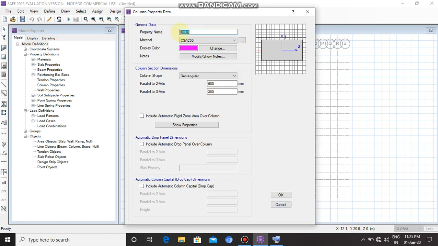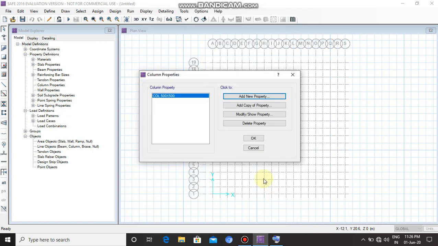Property name column 500 by 500. Material M40. Parallel to 2 axis is 500. 500. Then click on OK.